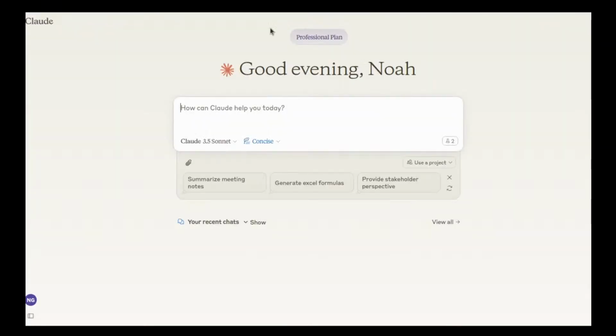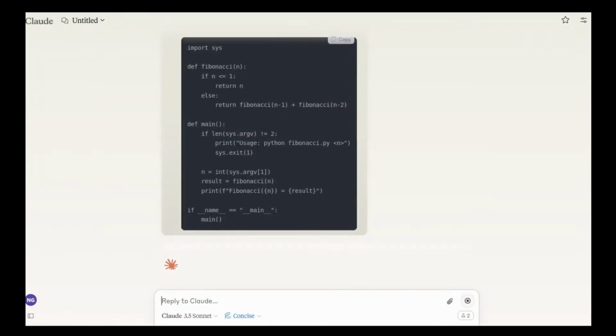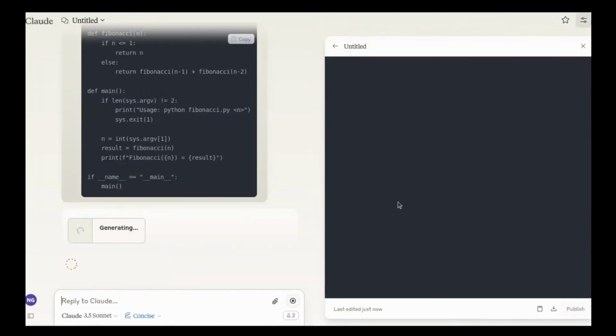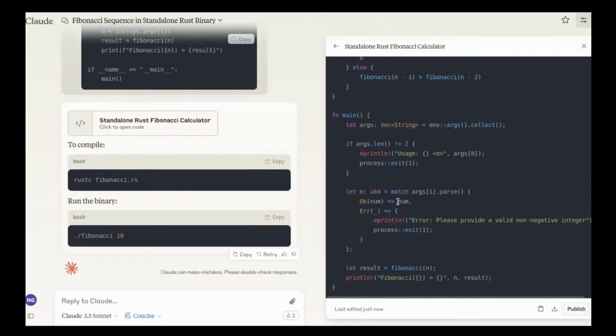We could also do the same thing with Claude, right? We could say, make this a standalone Rust binary without cargo. And we could convert this, and it'll go through it and give us a Rust version. So this is something that generative AI assistants are very, very good at, giving you a conversion from one language to another. With the Claude tool, with DeepSeek, these are two solutions that I think are definitely worth exploring when you're dealing with low performance code in Python.